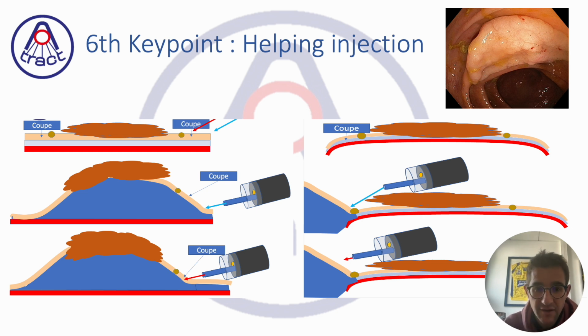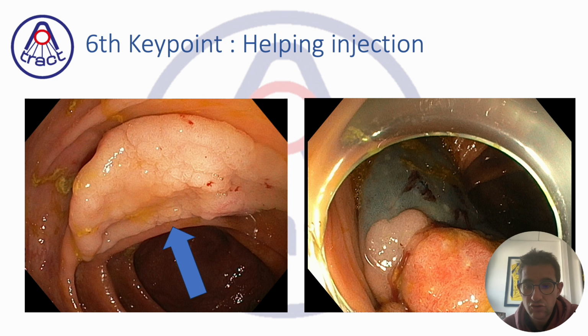In this case, if you inject at the anal side of the lesion, it will turn, and it will become very difficult to do the oral edge incision. So, for me, in this lesion, you should inject first outside the lesion, at the oral side, to turn the lesion to face you, and therefore to have an incision which is really much easier,